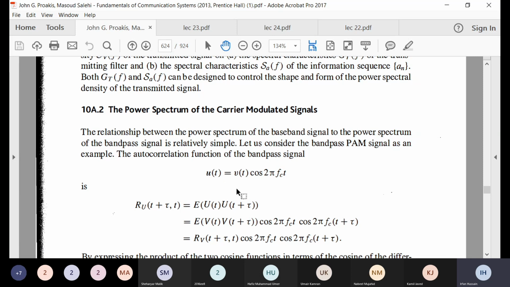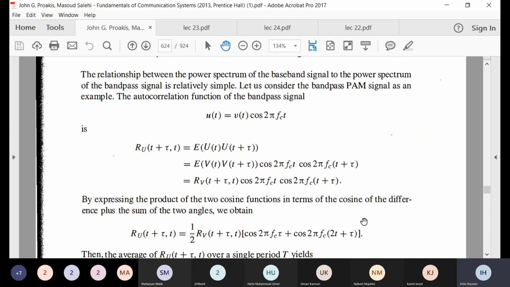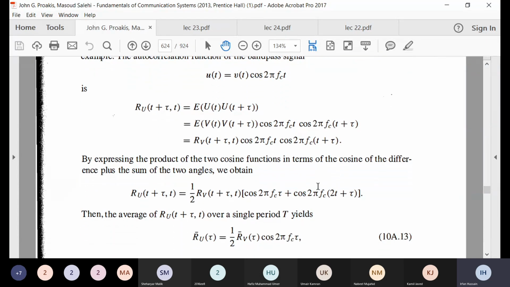ठीक है, then you find, it's now you want to find, because now it is different। ठीक है, remember VT is actually a random process, so UT is also a random process now। ठीक है, so if I want to find its PSD, then you know I have to take its autocorrelation and then I have to take its Fourier। तो autocorrelation पहले ले लें इसकी। autocorrelation क्या होगा, this into this, मगर t plus tau, तो एक VT plus tau आ जाएगा, यहाँ पे cos t plus tau आ जाएगा, और फिर तो ये इन दोनों का ऑटोकोरेलेशन तो डिफाइन हो जाएगा RVT के साथ। मगर इसका क्या करेंगे हम, ठीक है, तो ये प्रोडक्ट है, प्रोडक्ट को आप लिख सकते हैं सम एंड डिफरेंस ऑफ कोसाइंस। ठीक है ना, सम ऑफ डिफरेंस ऑफ एंगल एंड सम ऑफ एंगल। तो डिफरेंस ऑफ एंगल में ये आ जाएगा, tt कट जाएगा, और ये आ जाएगा सम ऑफ एंगल्स के साथ।